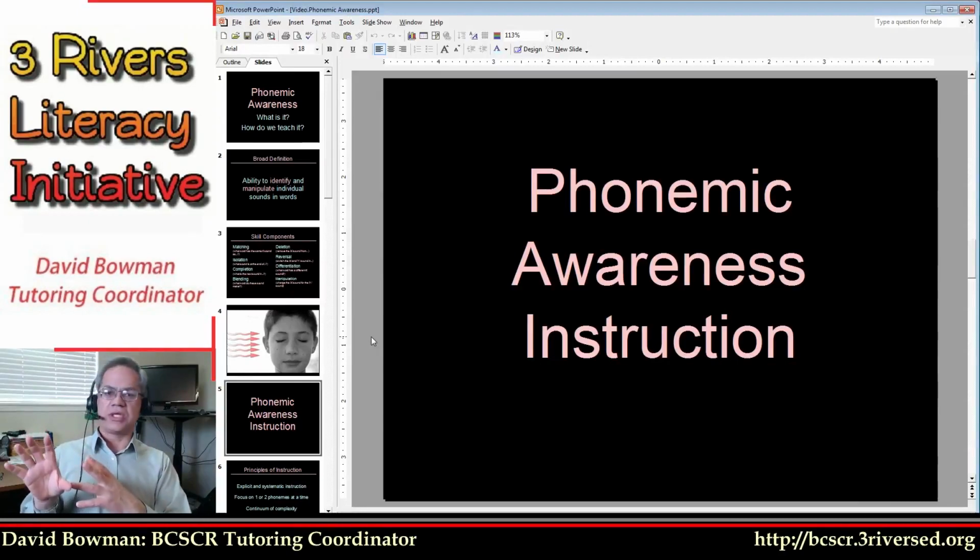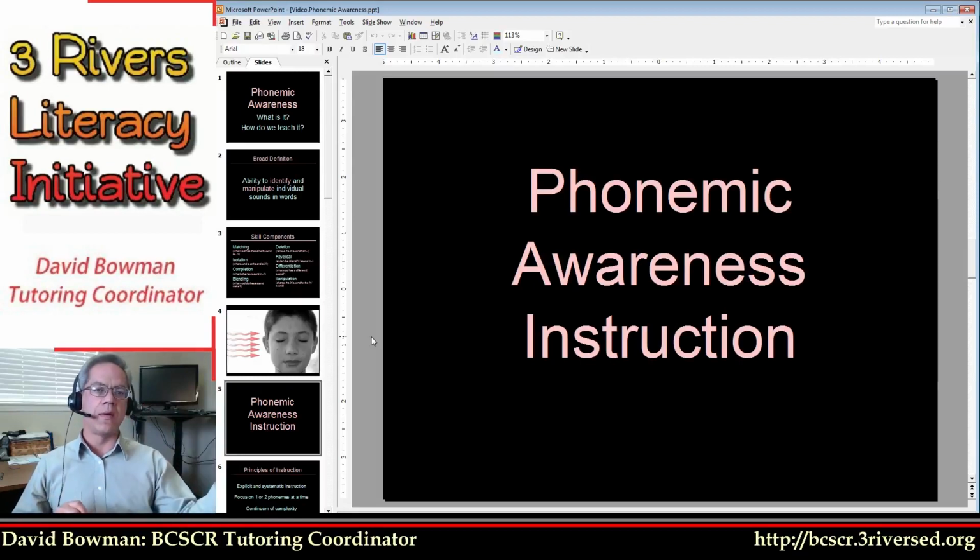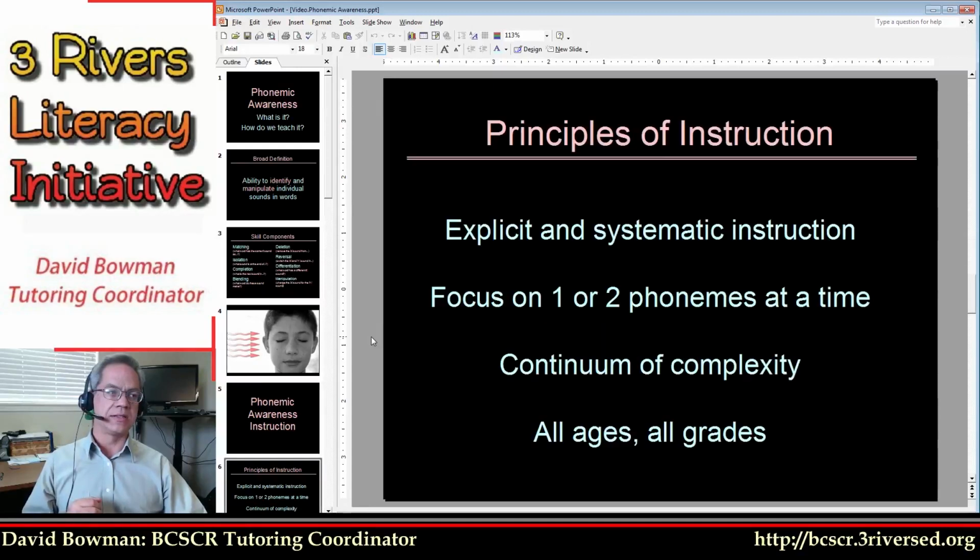So with that definition, we have a lot of clues about how we can go about helping kids to develop their phonemic awareness skills or their phonological skills. Now that we know what those specific skills are, we can devise strategies to help students build up in each of those areas. And there are some very specific things that the research tells us, and we have shown to be true with our students in tutoring. The first and foremost is that